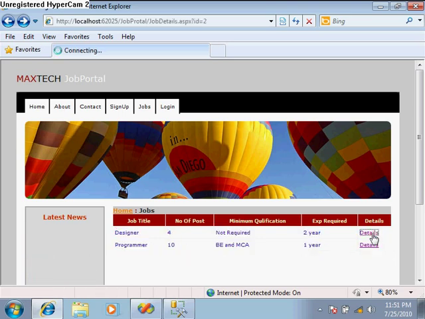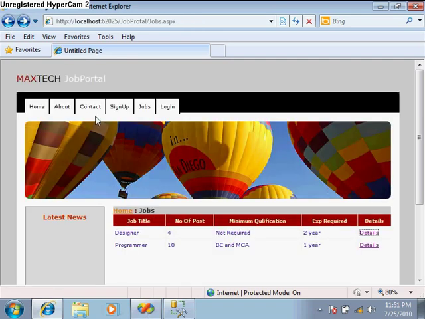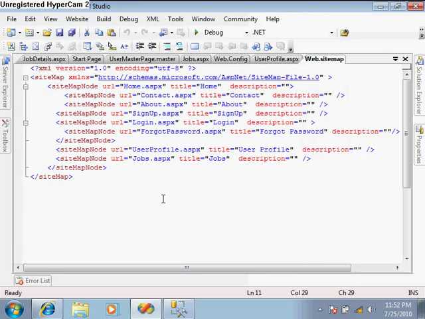Now at the detail page, we have to collect this id from the query string and bind this id with the detailed view. And one more thing we need to do is make a sitemap path, because from home we go to jobs, and in jobs we have to go to the job details. So first of all I will manage the sitemap, and we need to close the sitemap node,